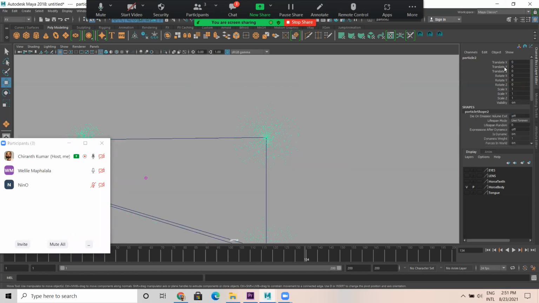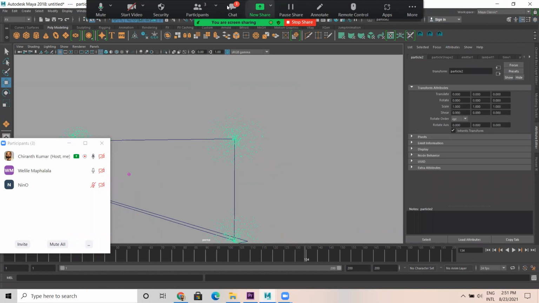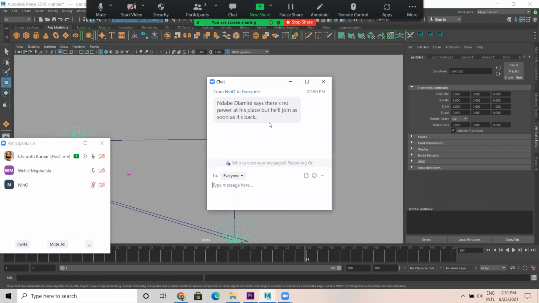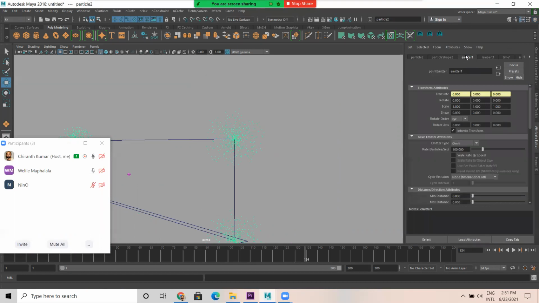Now I select these particles and go to the attribute editor. Go to emitter. In emitter, this is omni. Just change this to surface.